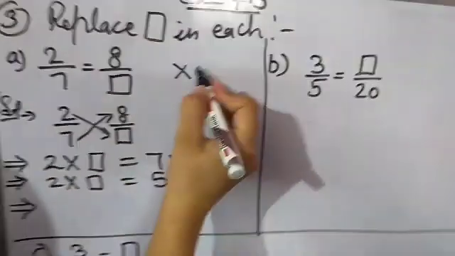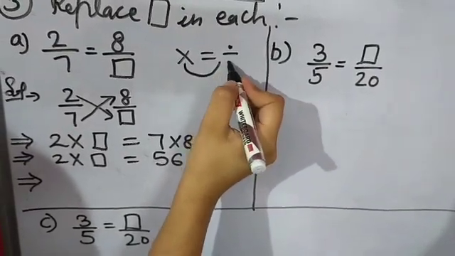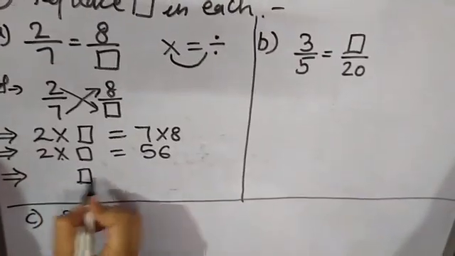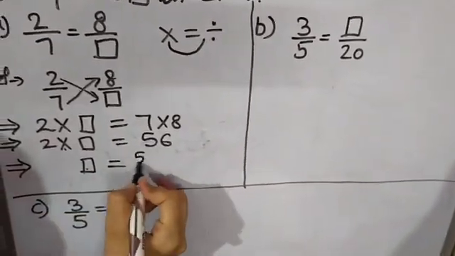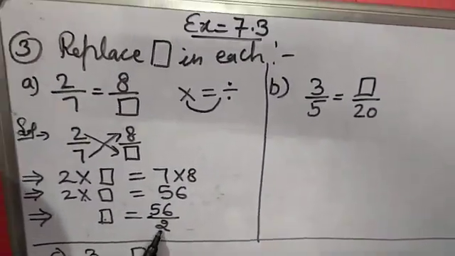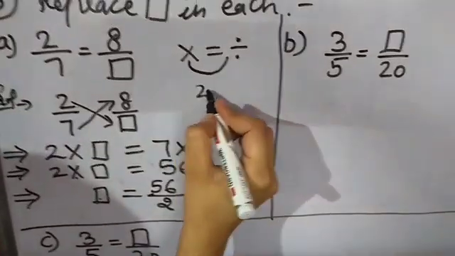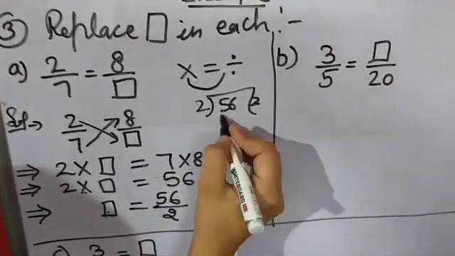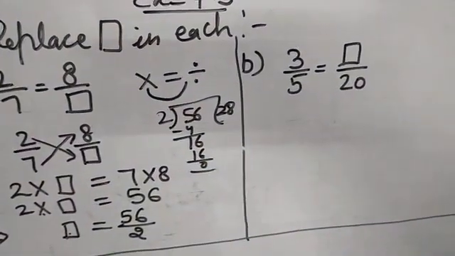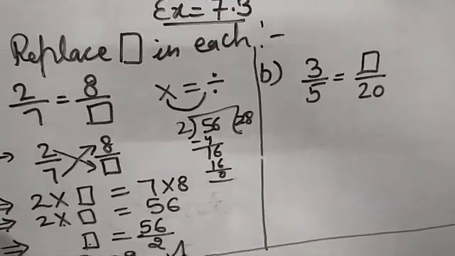You know, when a multiplied number goes to the other side of the equal sign, it becomes division. So same here, 2 is here of multiply. When 2 will go there, it will be of division. Box will come here, then this 56 will come here, and this 2 will come down because it is with the division sign. Now you will do the division in rough. 56 divided by 2 will be 28. So the box value is 28.